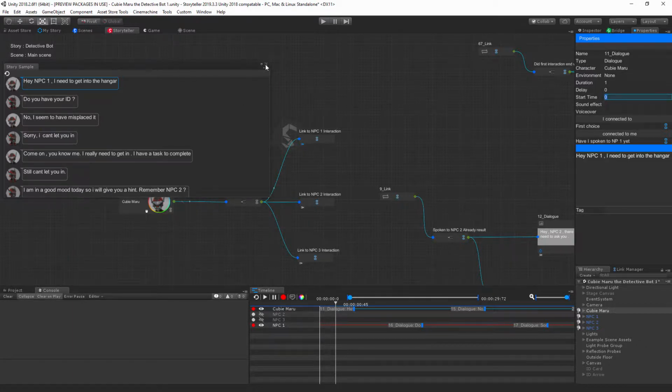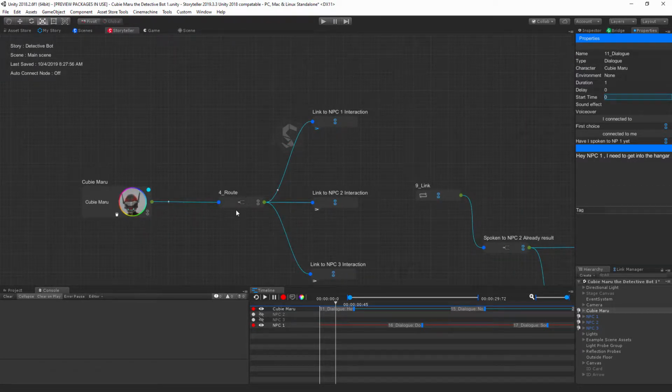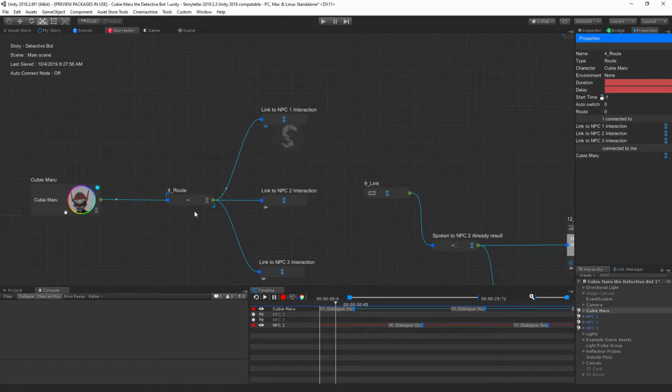Now, again, remember everything works based on time. So this route node here needs to be the very first thing that's processed. If we select it, we'll see that we set its start time to -1, which means it's processed before every other node data. Now, this is very important because this is where our initial decision is made, as to which NPC we're